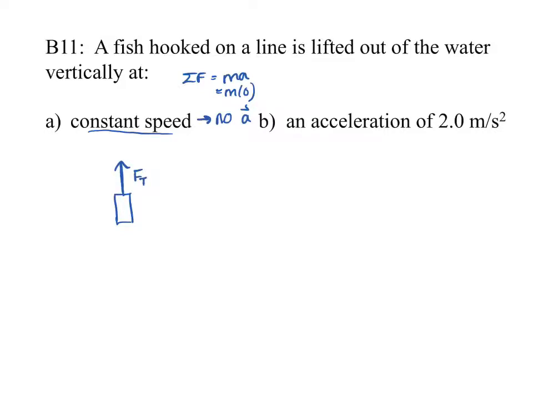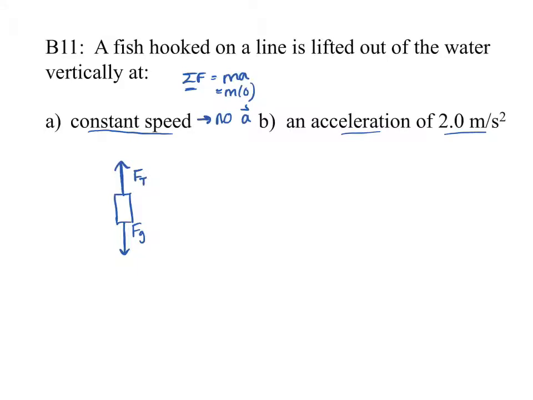And then what else is at work here? We just know that force of gravity must be going downwards. But because my net force is 0, guess what? These arrows should be equal and opposite. And of course, I don't need you to take out a ruler and make sure they're perfect, but they should look almost the same length. Okay, so that's really important.